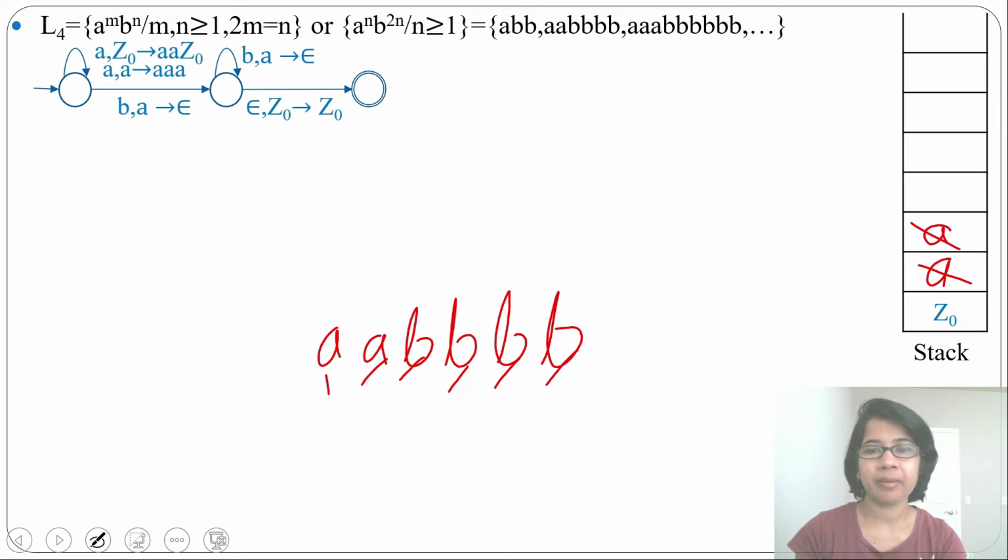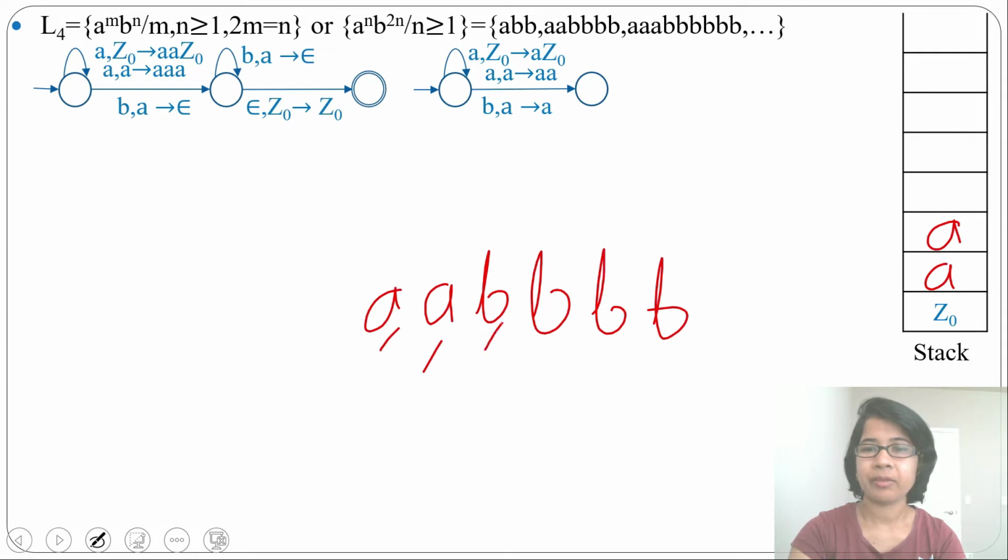Let's design the PDA by using this idea. There will be one initial state and for A, we'll just push 1A. So A, Z0 goes to A, Z0. Then when the top of the stack is A, we'll push another A. So A goes to AA. For B, we'll skip. Now the top of the stack is A, so we'll go to another state by skipping. Now for the first B, we just skip and reach another state. Next from this state, by another B, it will pop 1A, so go to another state by popping 1A.